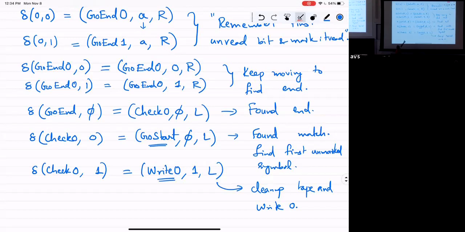So here we found a mismatch, so the function should output 0. That means I'm just telling my Turing machine to enter the state where I found the output, but you have to clean up the tape and write 0 on the tape. Oh, it's writing a 1 just where you are. Basically, its meaning is not writing anything, right? It's just keeping it, but it's transitioning the state to enter something where it writes 0.